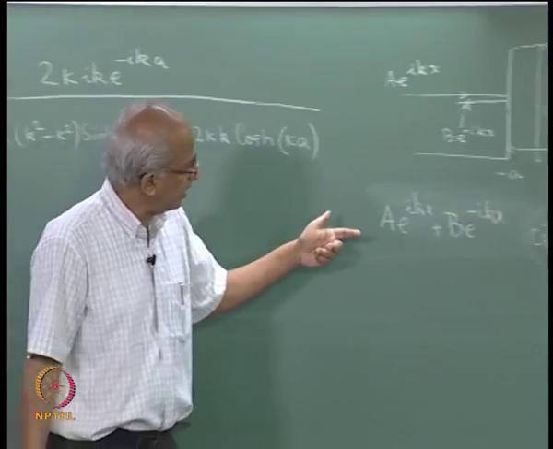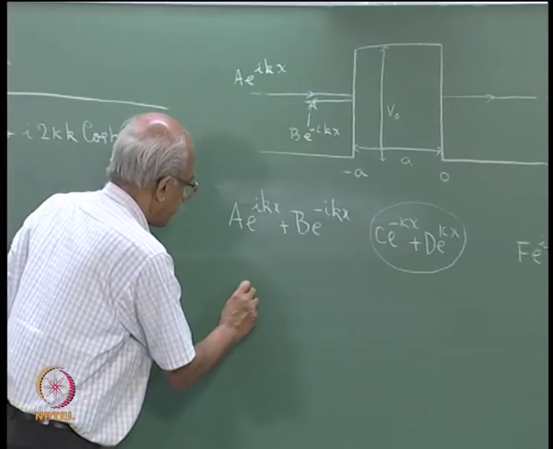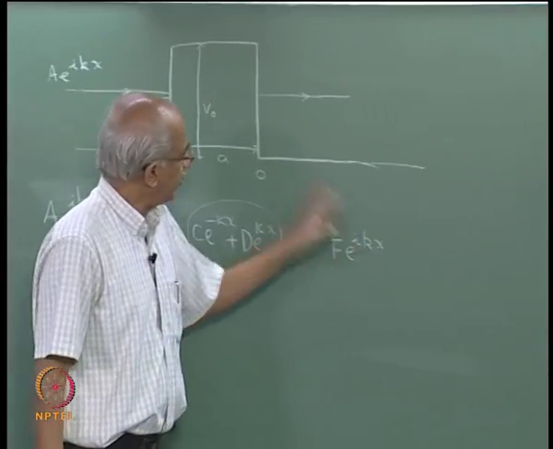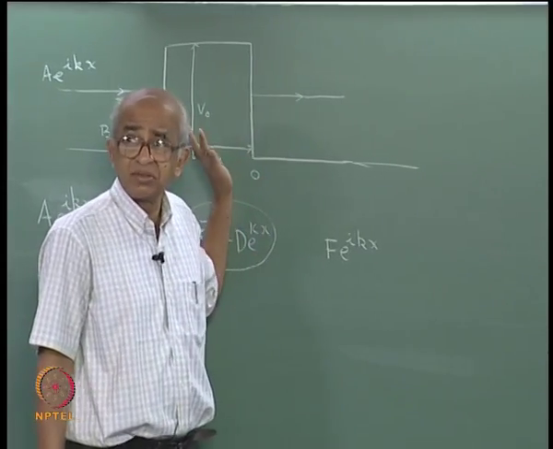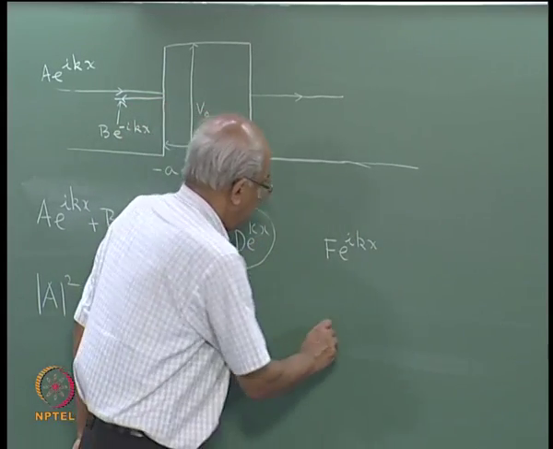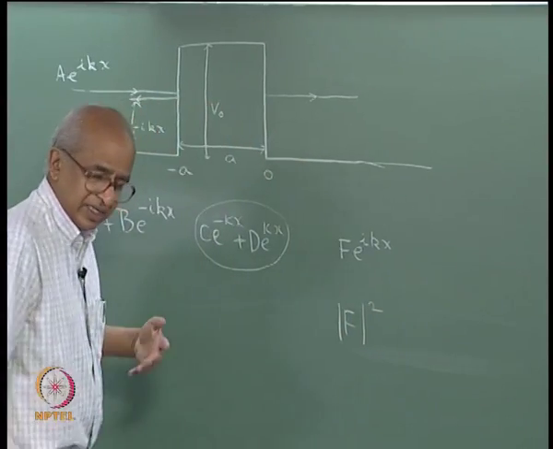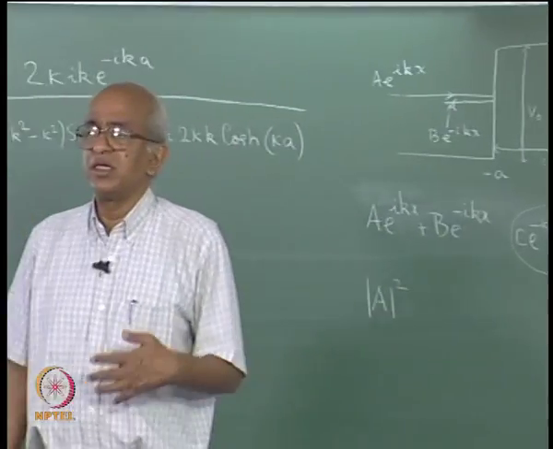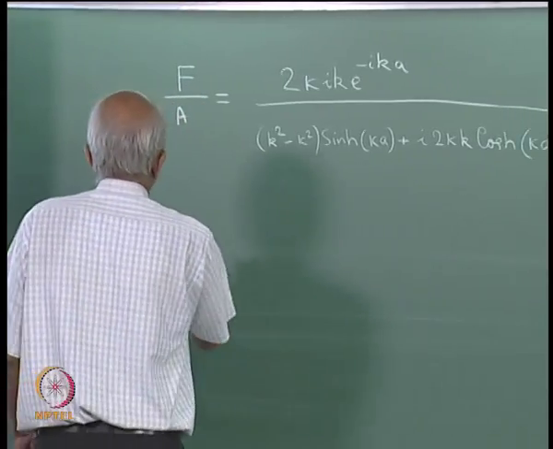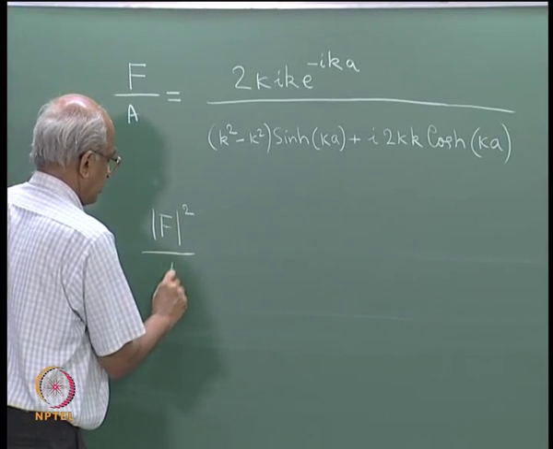Well, the number of particles that are incident from the left hand side is determined by A. In fact, it is proportional to the magnitude of A squared, and if we had done this experiment with a beam of particles, the number of particles that come out on the other side will be determined by the magnitude of F squared. So therefore, the transmission coefficient or the tunneling probability for the particle will be given by the magnitude of F squared divided by